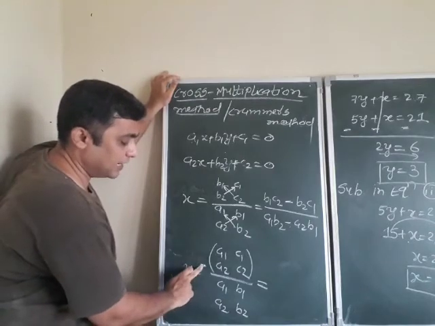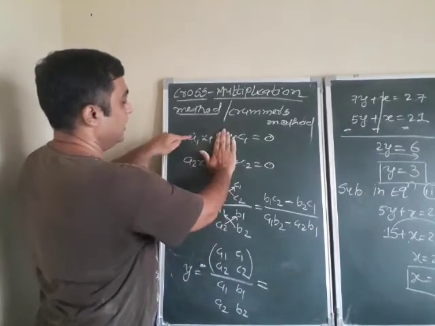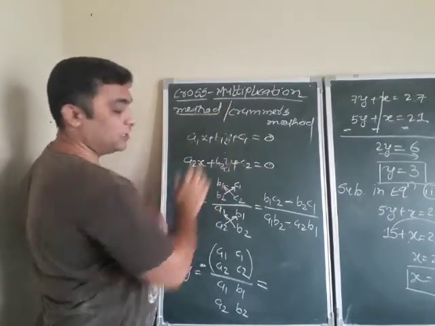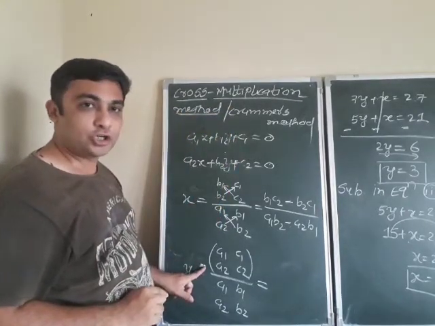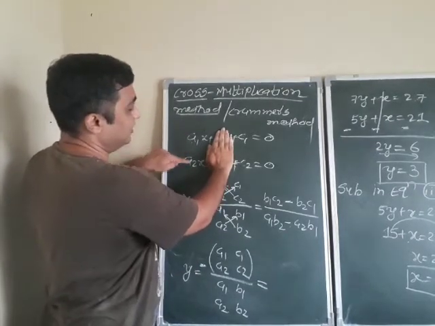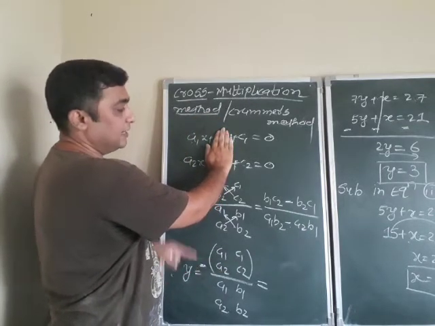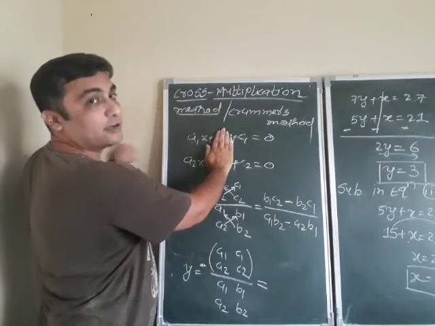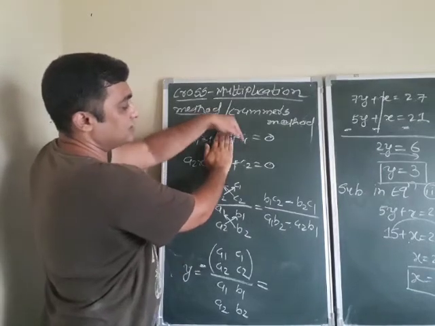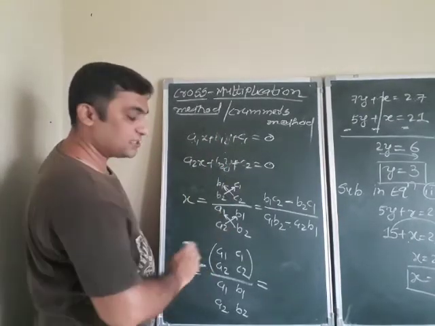If you don't want to write the minus, you can do one thing. See, hide the y. So a1 a2 c1 c2. In its place, write c1 c2 first and then a1 a2. Then you don't need to write the minus. Not understood? Once again, hide the y. Which coefficients are left? a1 a2 c1 c2, with minus. If you don't want the minus, first write c1 c2 and then a1 a2. Your textbooks are not writing the minus; they write first c1 c2 and then a1 a2. Clear? I suggest a1 a2 c1 c2 with a minus.